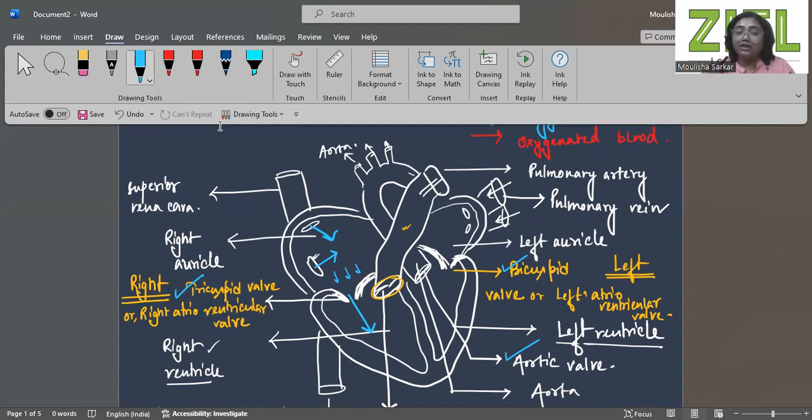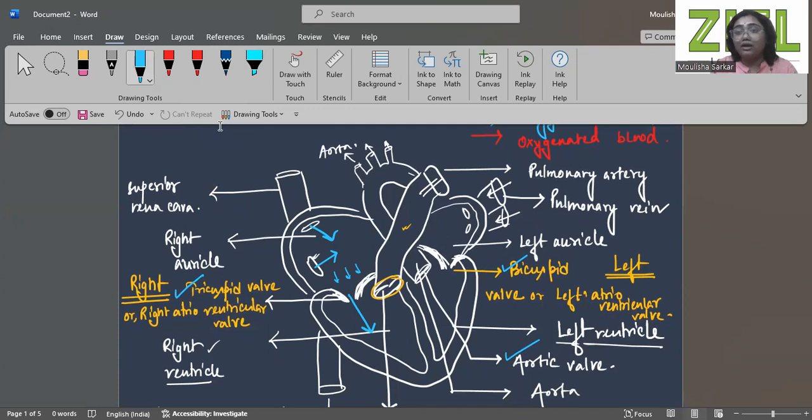Now here I'll answer why the valves always open in one direction. Because if you see, this is the deoxygenated blood that is coming from the right auricle to the right ventricle. Now, what if the valves open in the opposite direction? Then the deoxygenated blood from the right ventricle will flow back to the right auricle, and the right auricle is directly connected with the superior and inferior vena cava. As you can see, there is no valve present in the mouth of the superior and inferior vena cava, right? So then deoxygenated blood will flow back through the superior and inferior vena cava,